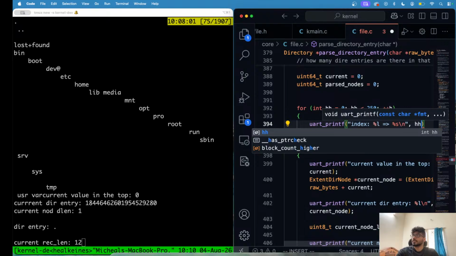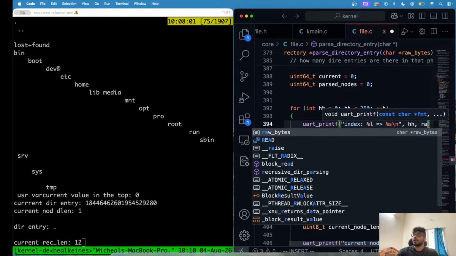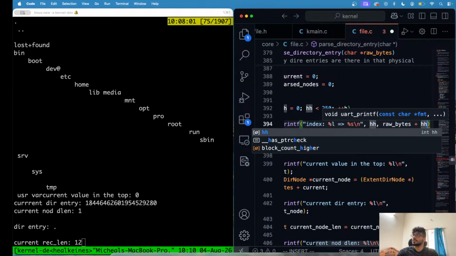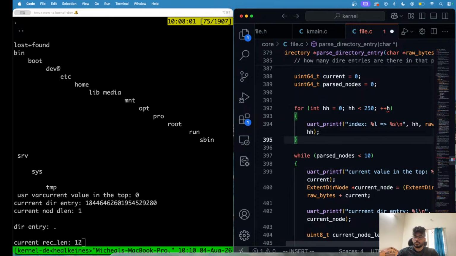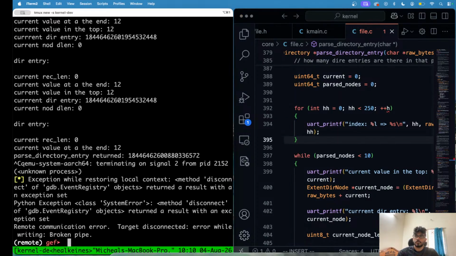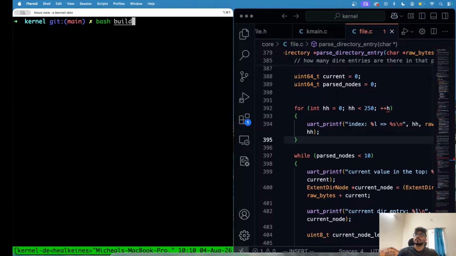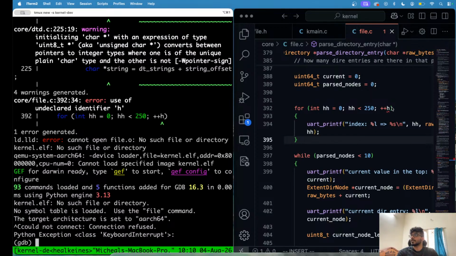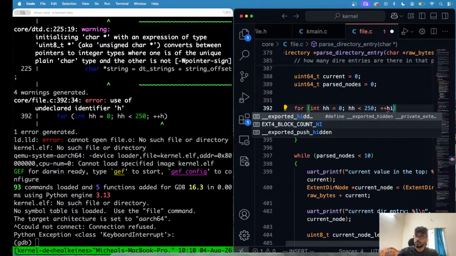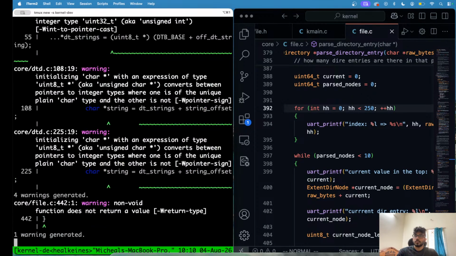And index is HH and value is raw bytes plus HH. And if I try that, now if I run it,